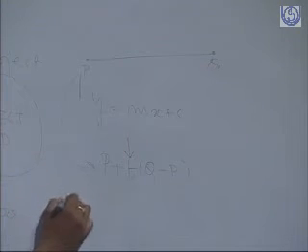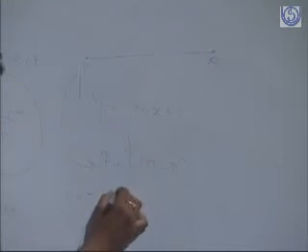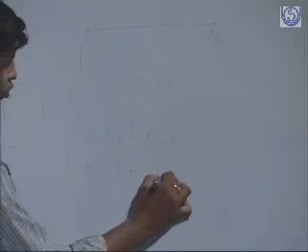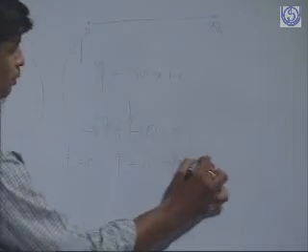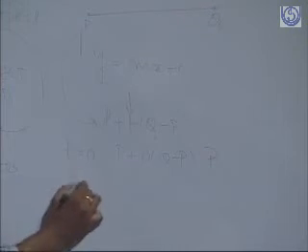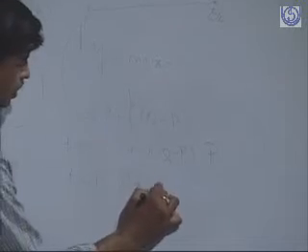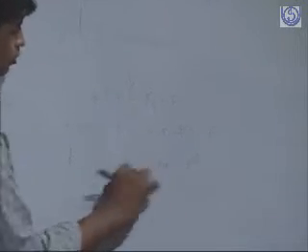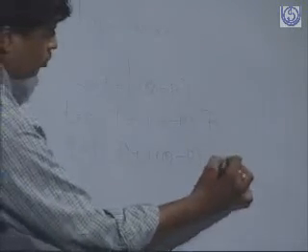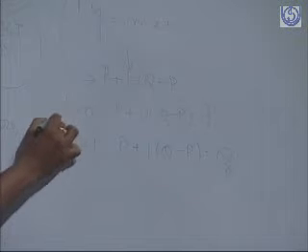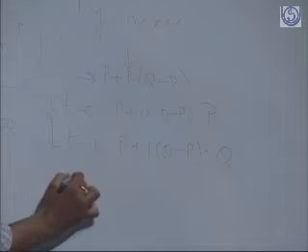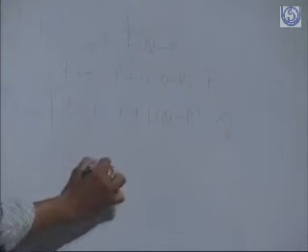How does it depend? When t is equal to 0, we have P plus 0 into (Q minus P), that is, only point P is available. When t is equal to 1, P plus 1 into (Q minus P), so P cancels out and only point Q is available. That means if t varies from 0 to 1,